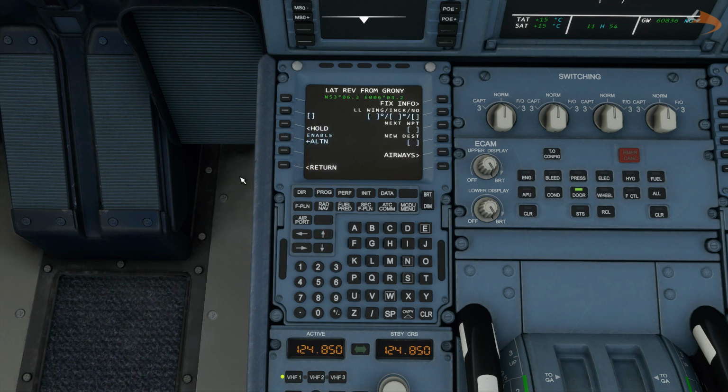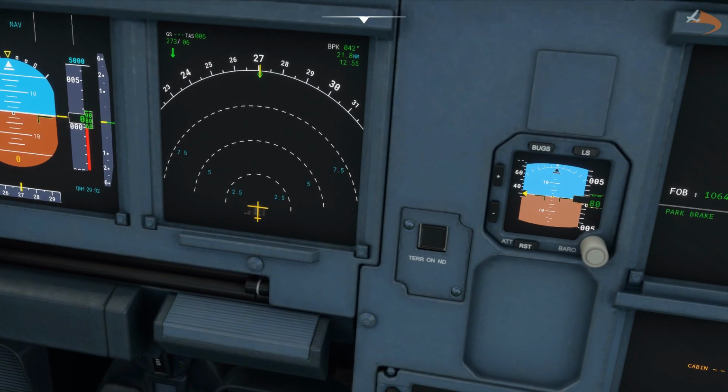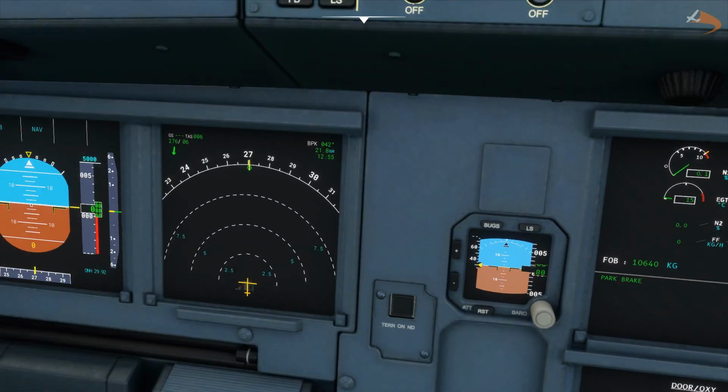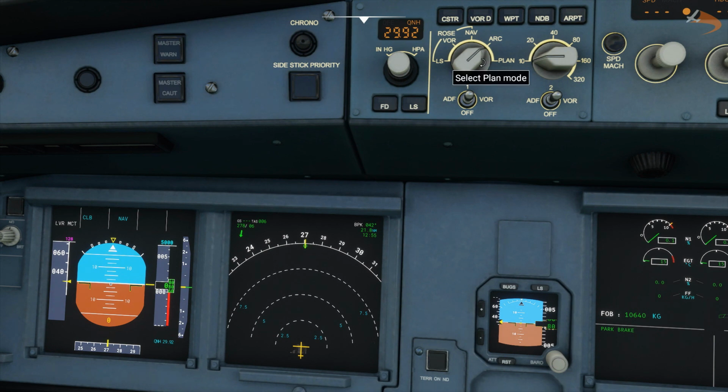After Grony, it is Ekrau. And then finally, we fly to Divan. Plug that all in, insert the flight plan, and have a quick check. IRS now aligned. So if we zoom out and go to plan mode,